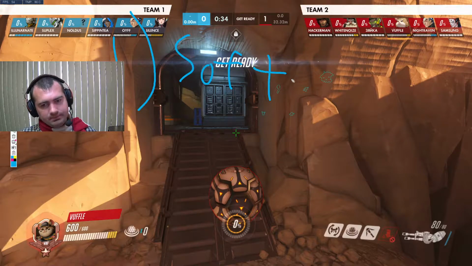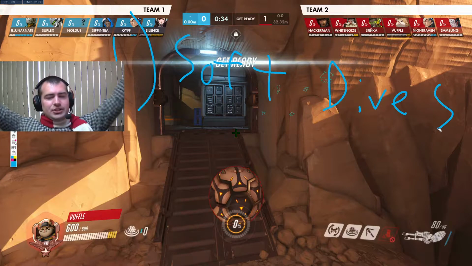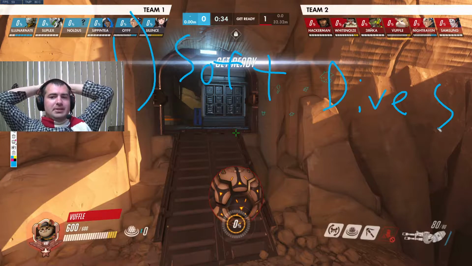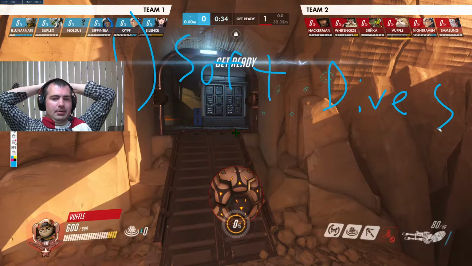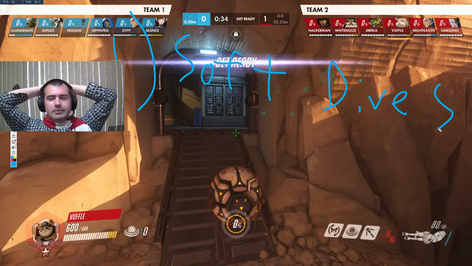Soft dives. We need to understand that we can't just dive into the middle of the enemy team willy-nilly without our bubble. We can sometimes jump in front of the enemy team and then immediately drop back down to low ground. We can sometimes jump behind the enemy team and then immediately circle out behind cover, behind some piece of wall, etc. We can sneak up angles and walk at the enemy team, but we can't just jump into the middle of the enemy team whenever we feel like it. Winston is not that durable. So instead,